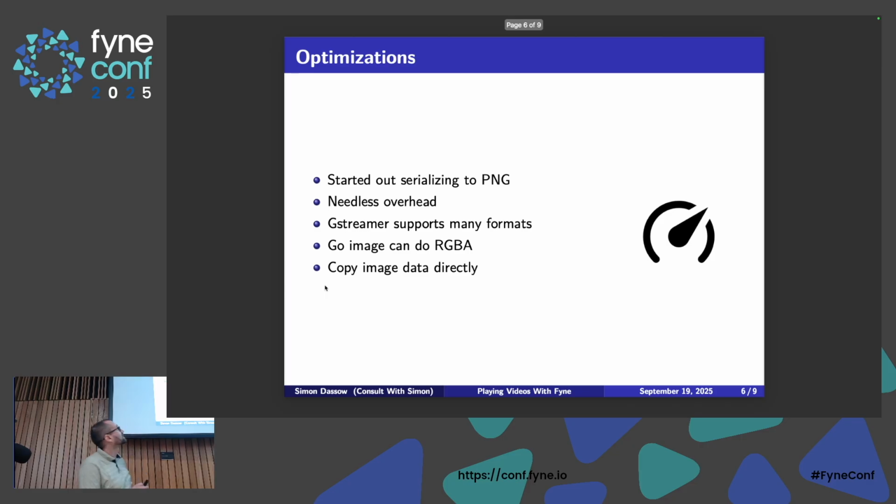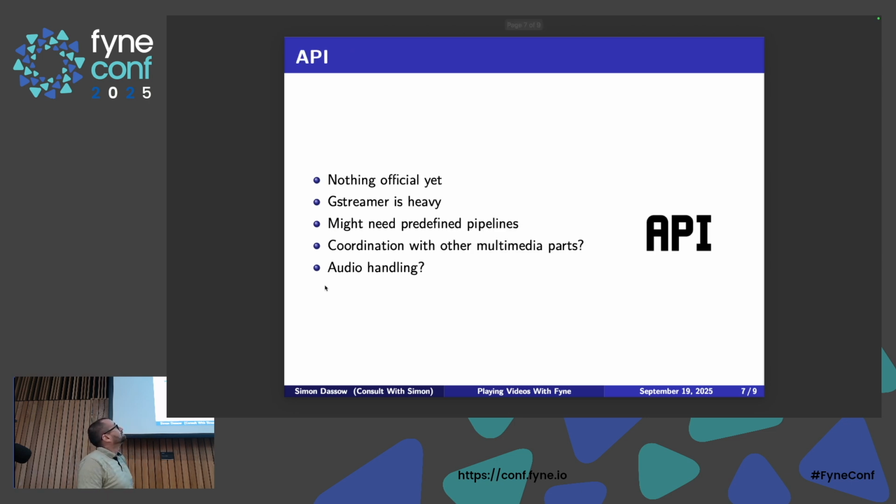So that was compatible. And all I have to do up to that point is then mapping the memory into Go scope. And from there, I can just copy it directly into the Go image. And then hand it off to Fyne, and it's actually working. This is not official though. This is really, as I said, experimental state, and at this point I don't know how to bring it forward